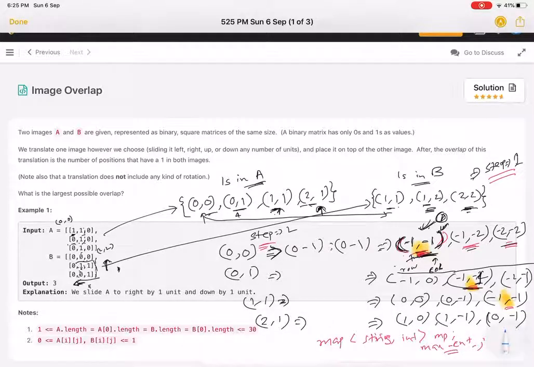First, in step 1 we have iterated each matrix. If I take the size as n, the time complexity we are discussing right now is for an n into n matrix, so we have to iterate each matrix, so n square is the time complexity for n square plus n square.